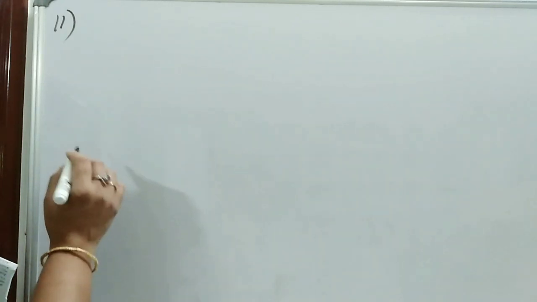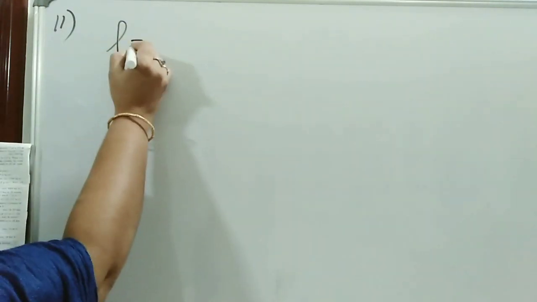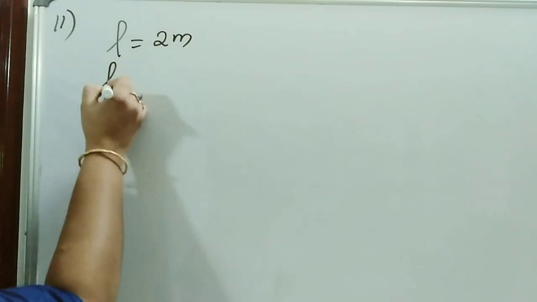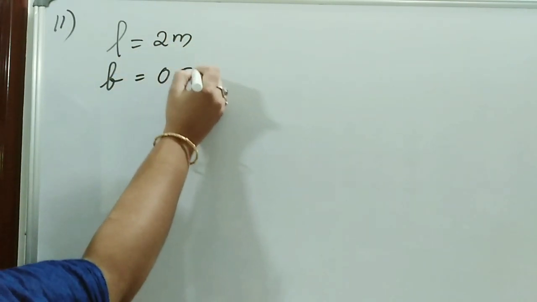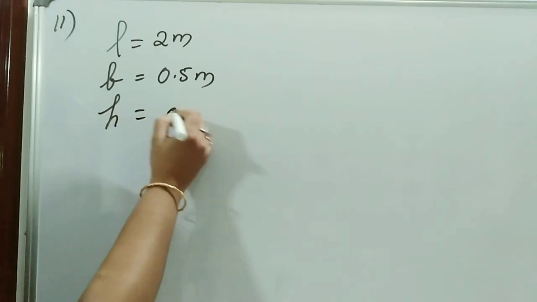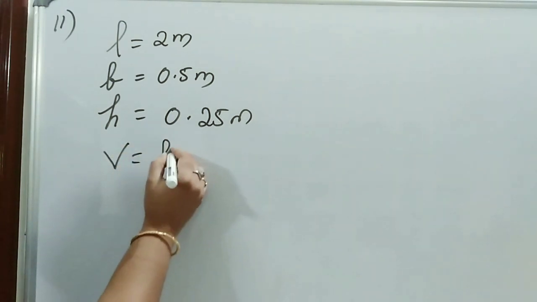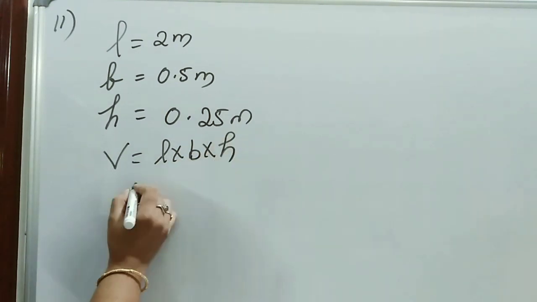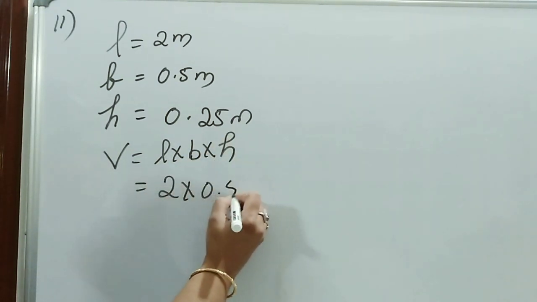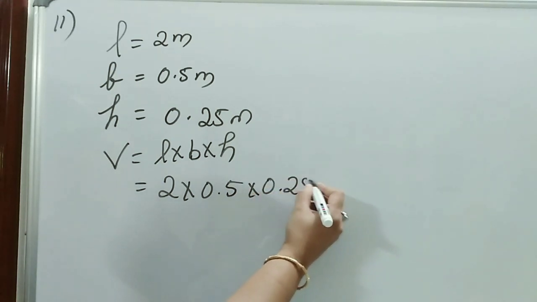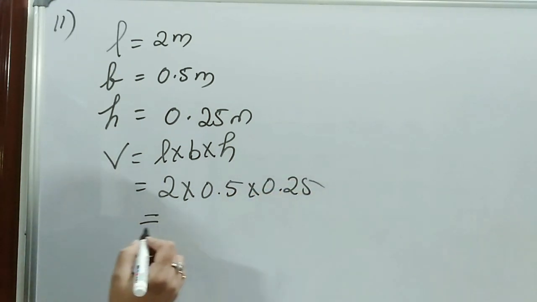Next, question number 11. A block of iron has dimension 2 meter into 0.5 meter into 0.25 meter. So they are saying about a cuboid. Length is given 2 meter, breadth is given 0.5 meter and height is given 0.25 meter. Dimension means it's another word for volume. Okay, so how will you find the volume? L into B into H, that is 2 into 0.5 into 0.25. So when you multiply it, you will get,